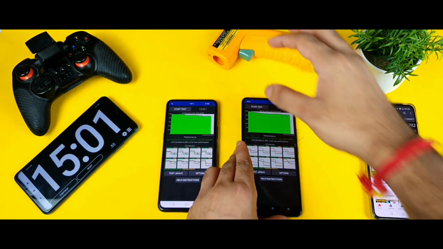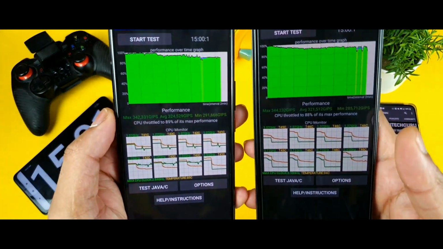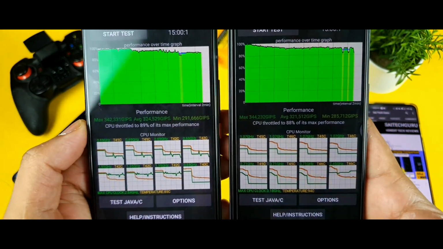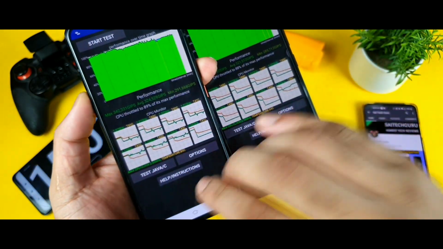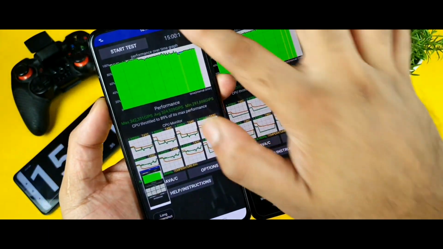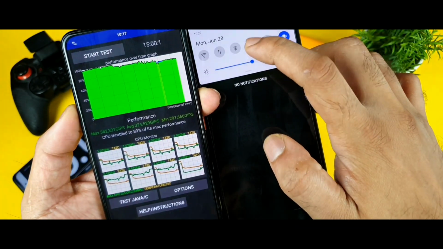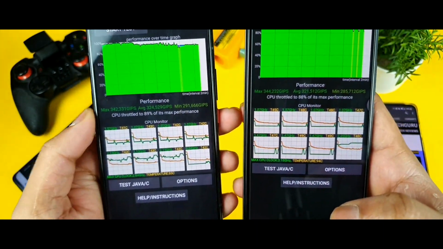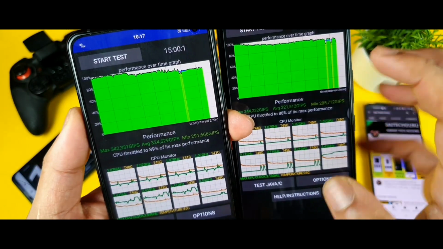So now let's explore the scores. Which phone has got what kind of performance scores? That also matters. And maximum. So maximum score we got about 3,42,000. That's really great. Let me take the screenshot and keep it in the gallery as well. Now let me slightly increase the brightness so you'll be able to see it properly. So friends, as you can see, 3,44,000 and 342,000. That's really great. And the average